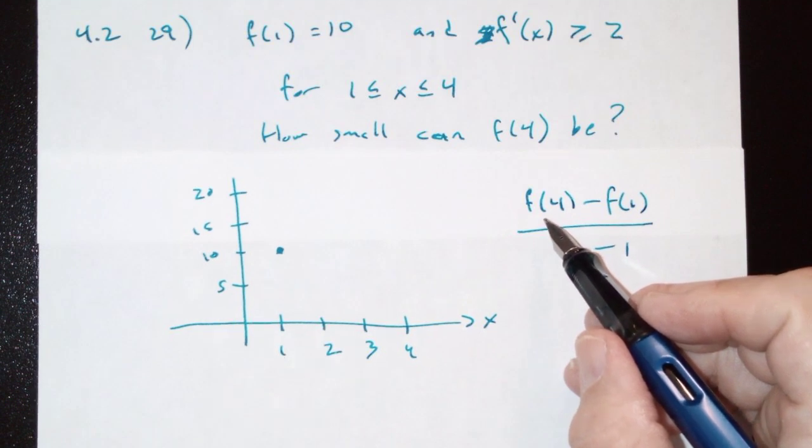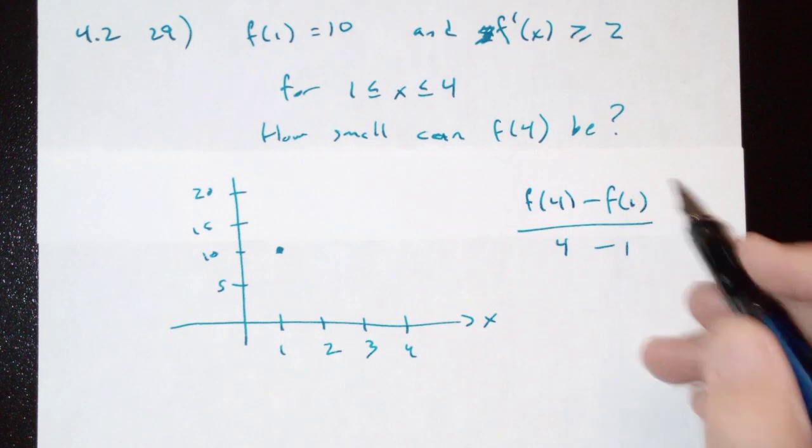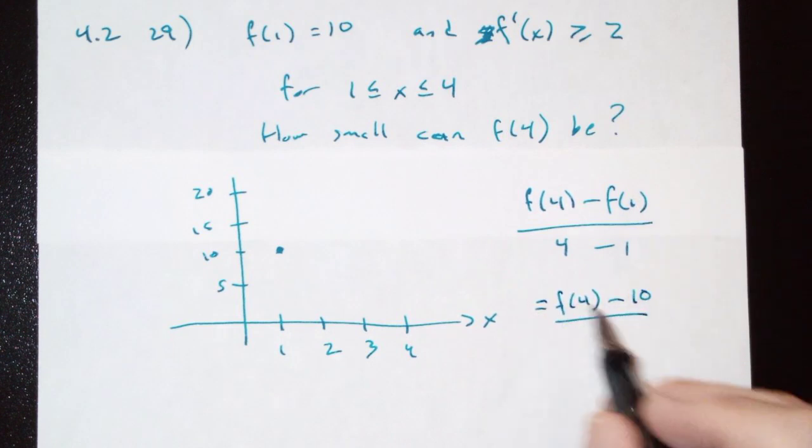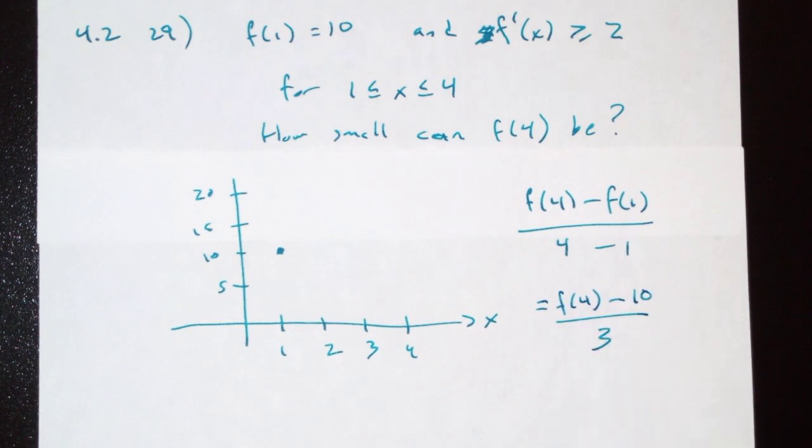Correct? I know what this number is. And I can do the subtraction on the bottom. That slope is part of my mean value idea. So I'm thinking now about the mean value theorem. The mean value theorem tells me if I have a function that's continuous and differentiable, then